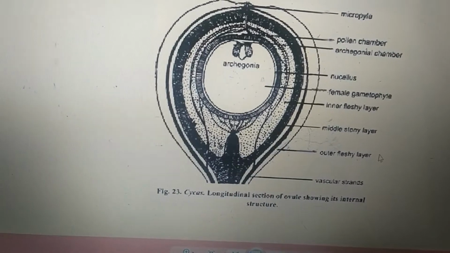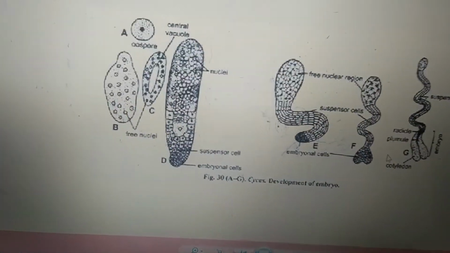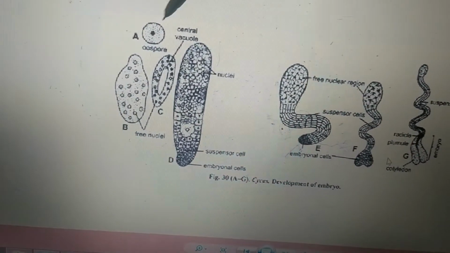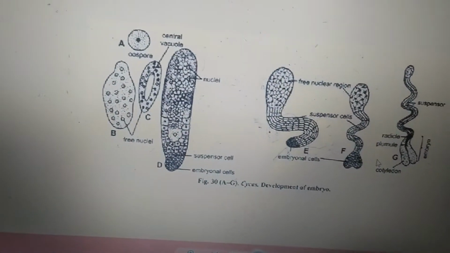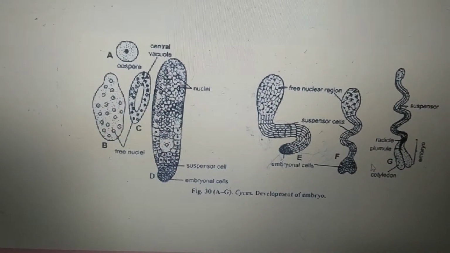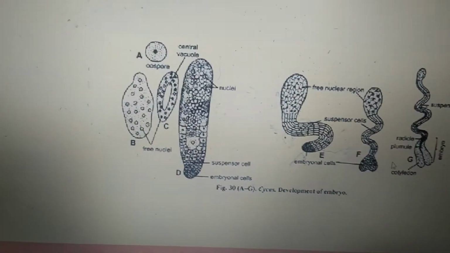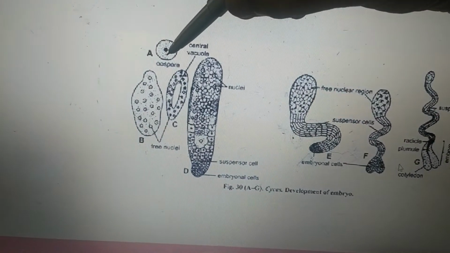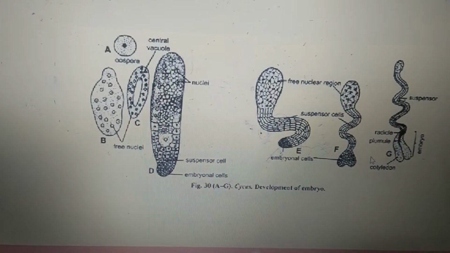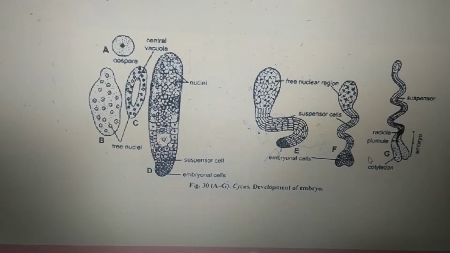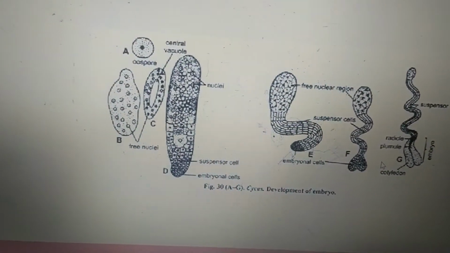Now this is followed by what is called embryogeny. Now what all changes occur here is, this is the fertilized egg, which we are going to call an oospore. Here the oospore will be the first cell of the sporophyte. Now the zygote or the oospore contains what? Dense cytoplasm, and we have a large nucleus followed by dense cytoplasm. It enlarges in size and finally forms an embryo. In this whole process, it is going to take an entire 1 year. Now the nucleus moves to the base.